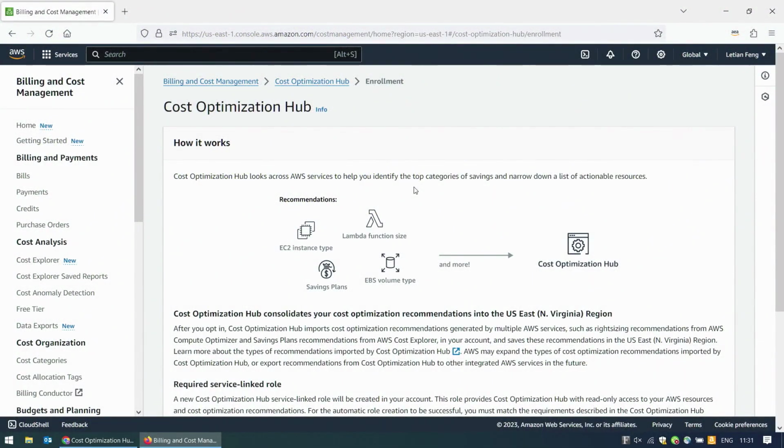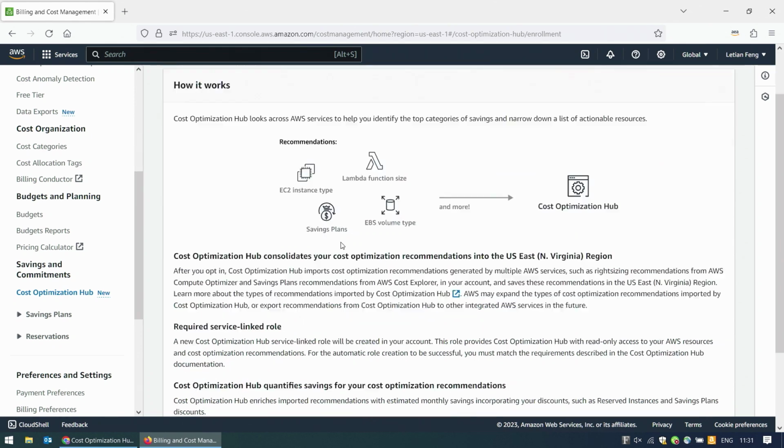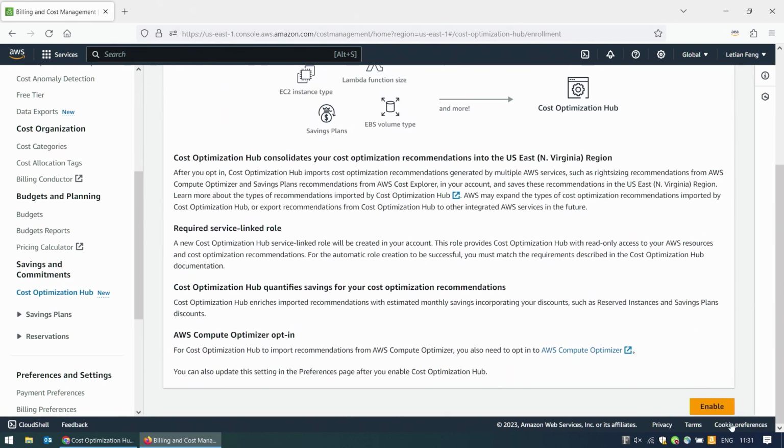So this is the opt-in page of Customization Hub. This feature requires an opt-in, and it's very easy. If you just go to the new AWS Billing Cost Management console, there's a link for Customization Hub under the Savings and Commitments section, and you will see this page. You scroll down, there's an Enable button, you click on it, and Customization Hub will be enabled